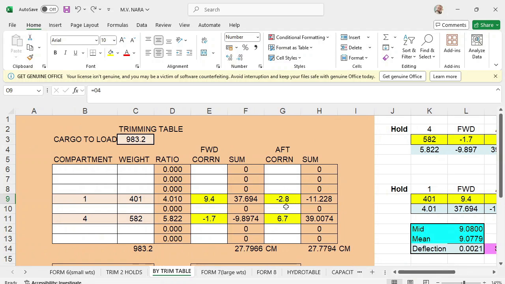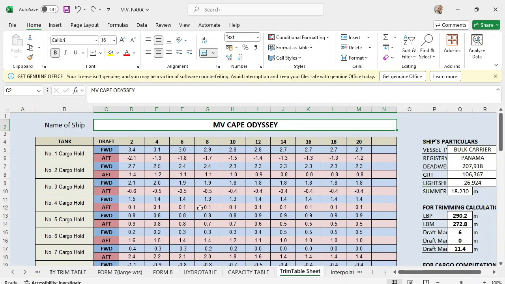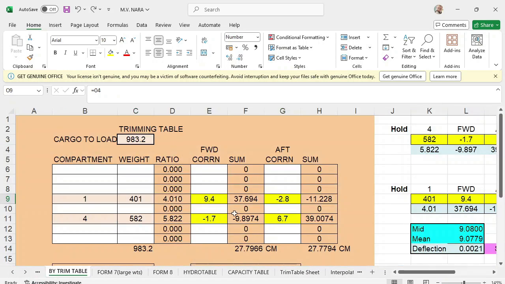You have to adjust. If you want to see the format of the trim table, this is, for example, in a capesize vessel, but you see here from 14 to 20 meters, this is almost the same correction, and up correction the same. So it's a matter of adjusting. You adjust this one to be accurate. So it's a matter of adjusting forward and up till you get the right draft. Okay,